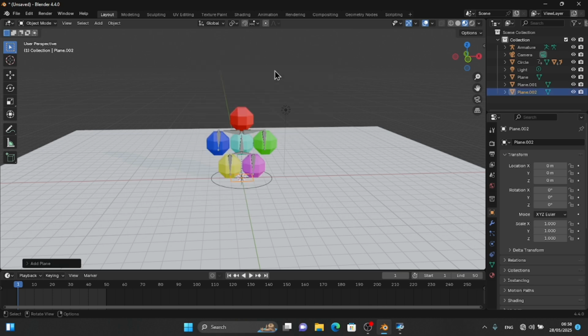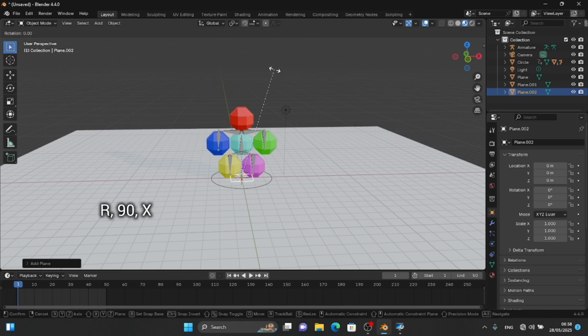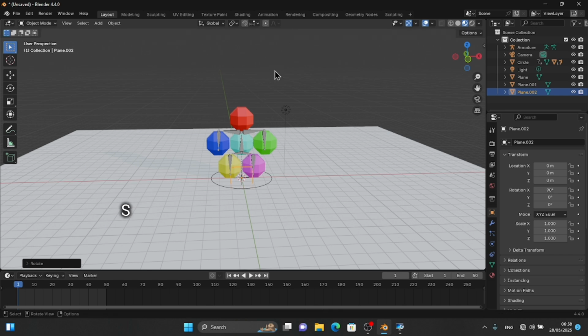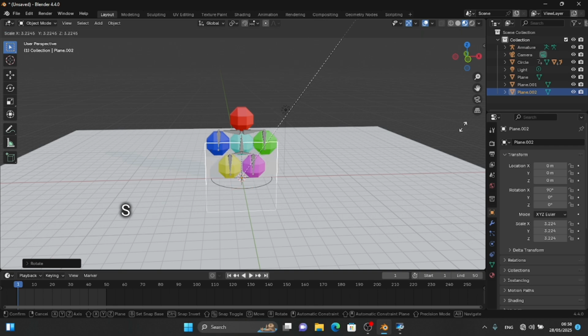And then you rotate this. To rotate it, you press R to rotate, and then you type 90 degrees, to turn it 90 degrees, and make sure you press X to put it on the X axis, and then you press enter. Now let's scale. You can scale by pressing S to scale. Good,